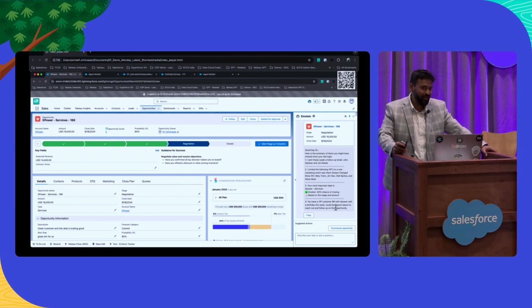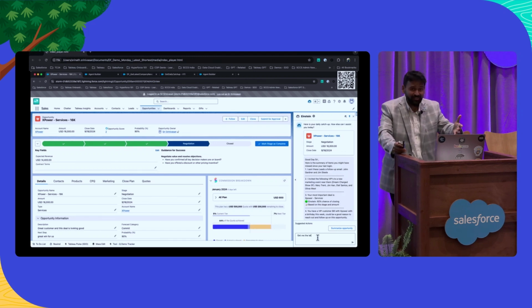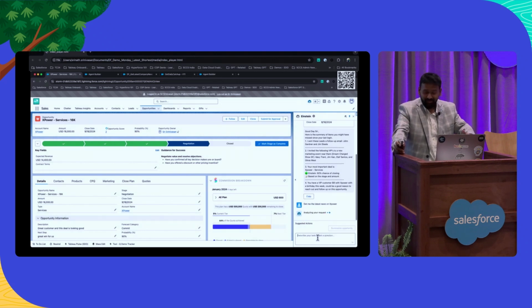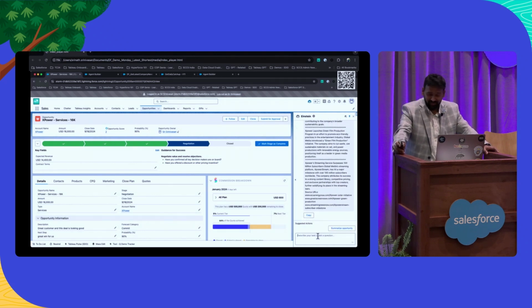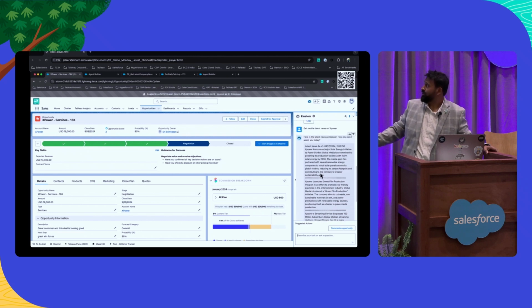I need to go ahead and prepare for a meeting, I being Jake. But before I prepare for a meeting, I want to make sure I get the latest information about the company, just to make sure nothing is wonky on the other side. So I'm asking my Copilot, my agent, to do that for me. I'm asking the question, and it gives me the latest news. Everything looks nice. I don't have any issues with it. That's the latest, all positive news. So I'm a go for this meeting.